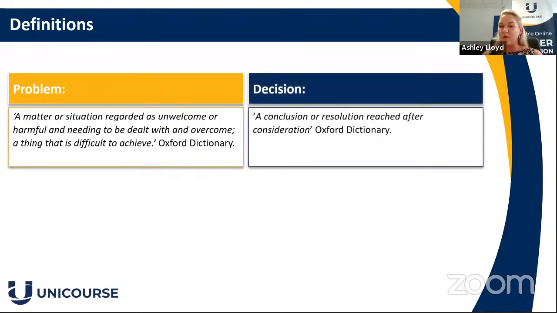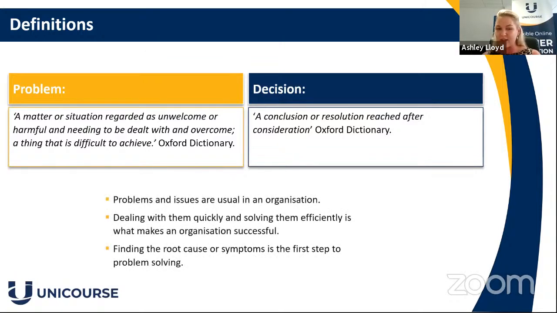Now, when you look at what a decision is in this context, it's about finding a resolution, a conclusion, and that's reached after consideration. So thinking about the consideration: an organisation may know that there's X, Y, and Z problems, but it's finding the time to consider those problems and how they can be solved, which is usually the difference between a successful organisation and an unsuccessful